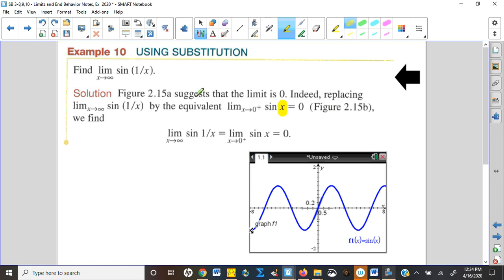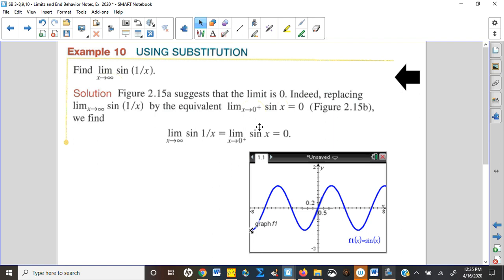Instead of x approaching infinity, x approaches 0. Now you do have to be careful about how you're approaching 0. In this case, we're approaching 0 just from the right, because this was positive infinity, so this has to be 0 from the positive side. Okay, well then it becomes a very, very simple problem,